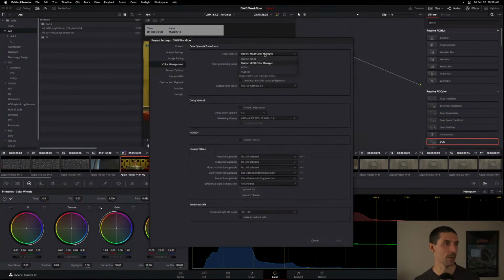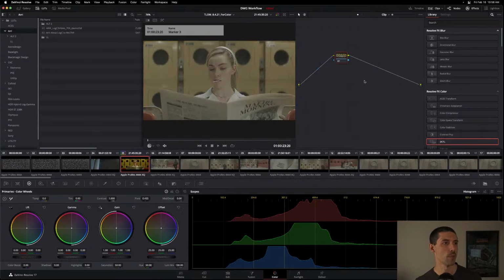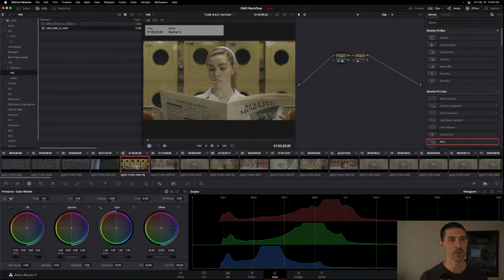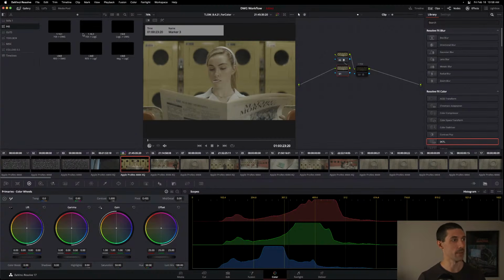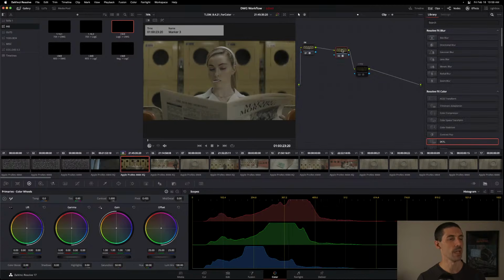let's turn our project level color management off. If I know I want to use Cullen's Kodak 2383 for this project, and I know I'm going to use Resolve Color Management, I'm just going to do everything here at the clip level, like so. Just bear with me. So here would be a simplified version of a pipeline I've already done a couple times today, where I'm going from, let's see here, Log C to DaVinci Wide Gamut. I am applying my 2383 in DaVinci Wide Gamut as it's designed to work,